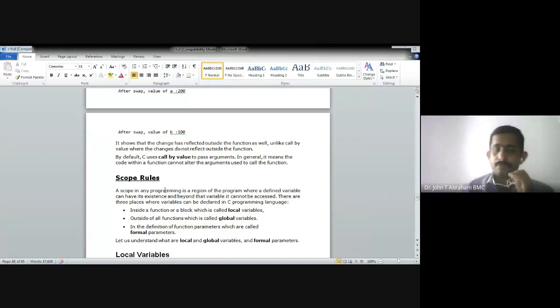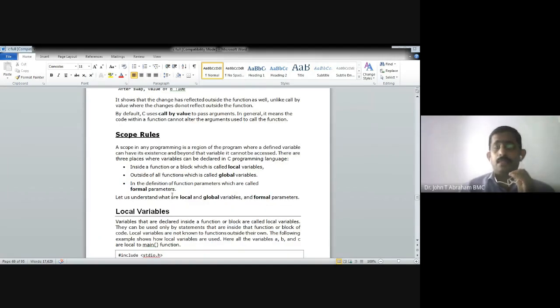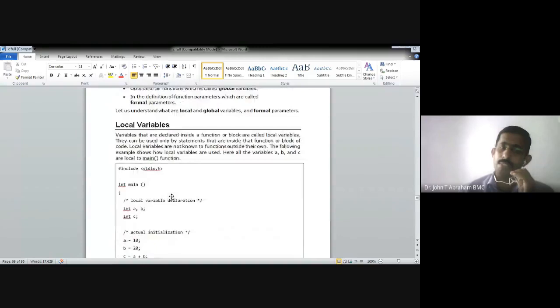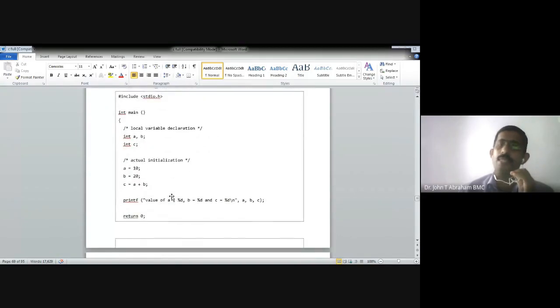Okay. And when we are thinking about the scope rules, there will be local variables and global variables. What are local variables? Suppose a function contains some variables, that is, here one function starts and ends. Inside this, we are writing some variables.